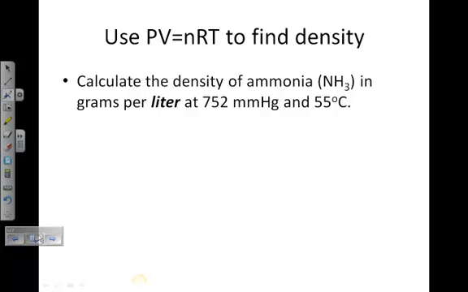The next problem, using PV equals nRT to find density. Well, this is a variation on the PV equals nRT formula. If you derive the formula for density, the AP test doesn't actually give you this formula, but if you do the actual derivation, what can happen is you can use what they give you